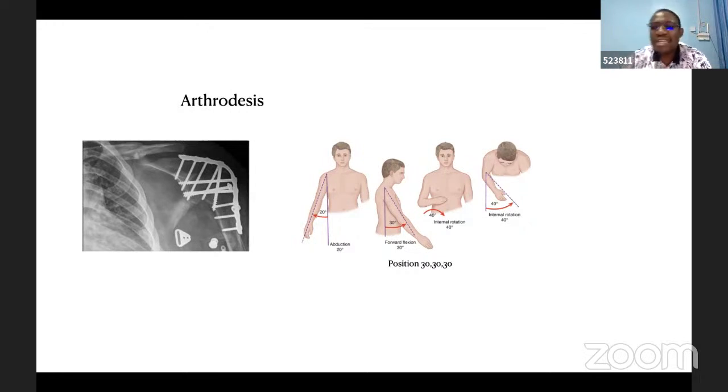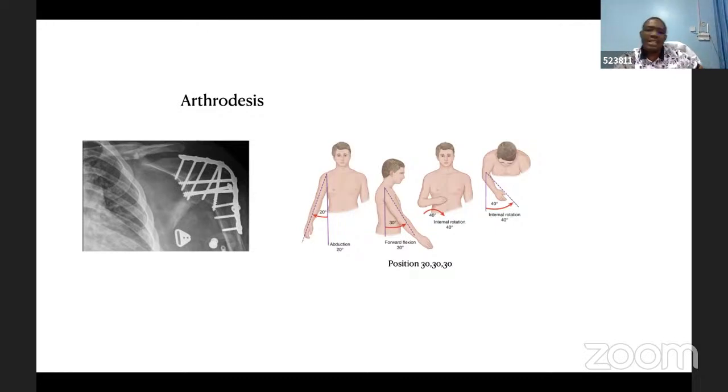The reason we want to abduct a little bit, maybe about 20 degrees, is to allow the patient hygiene of the axilla. The reason you want to move it forward and into internal rotation is because the only thing you're aiming for with fusion is for the patient to be able to get the hand into the mouth to feed themselves or something like that. In this way, therefore,